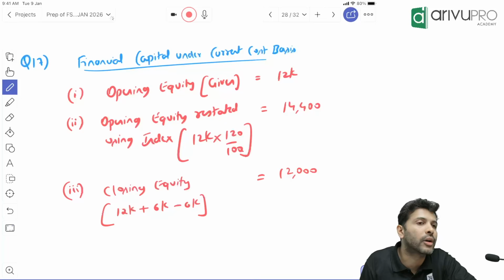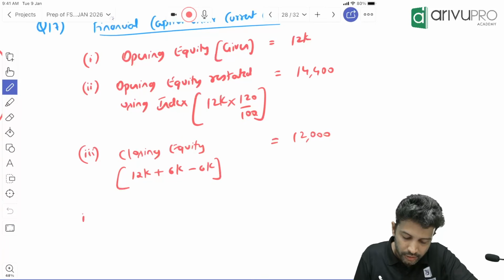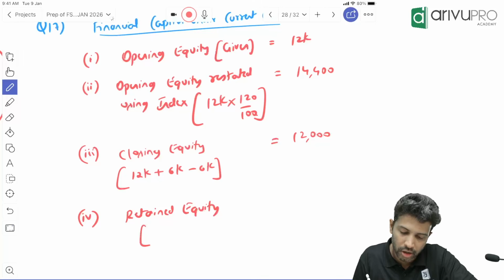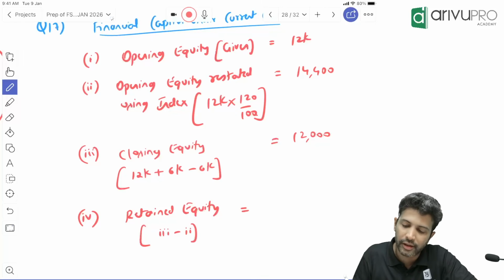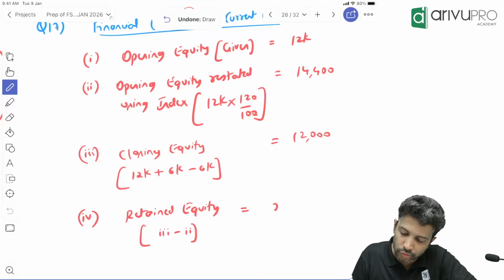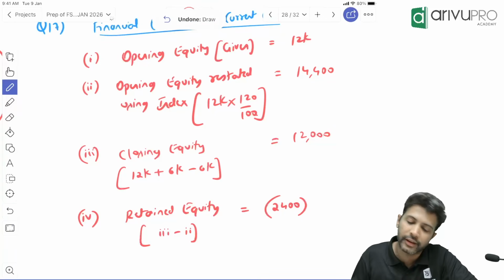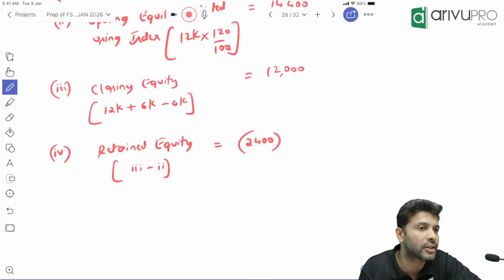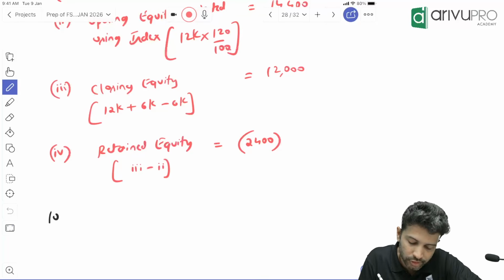12,400. Okay, everybody good? Now you check retained earnings. Retained equity or retained earnings, we can say. That is nothing but your 3 minus 2. How much are you getting? 12,000 minus 14,400 is how much? 2,400 negative. First I'll write it off, then let me explain it to you. Retained earnings is 2,400 negative. So therefore you'll write the conclusion as